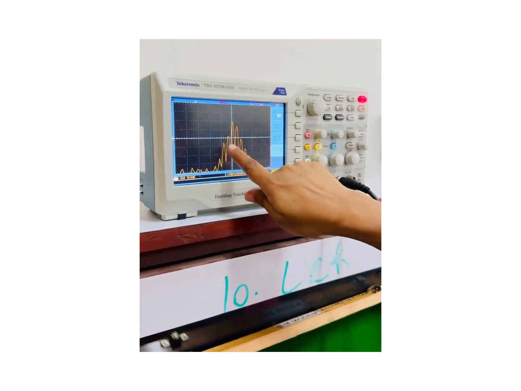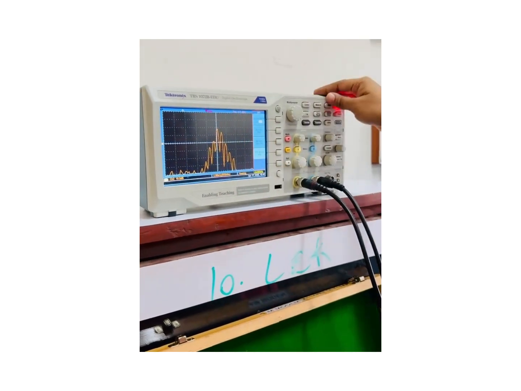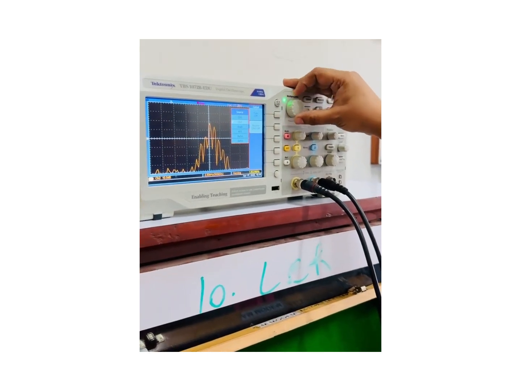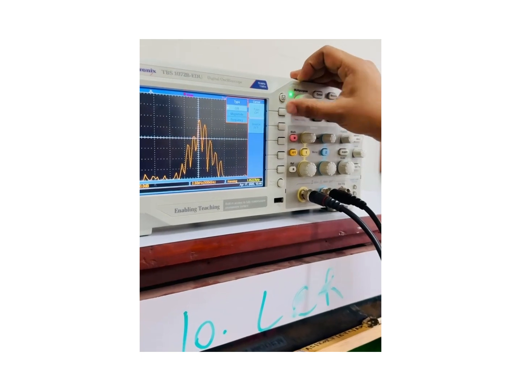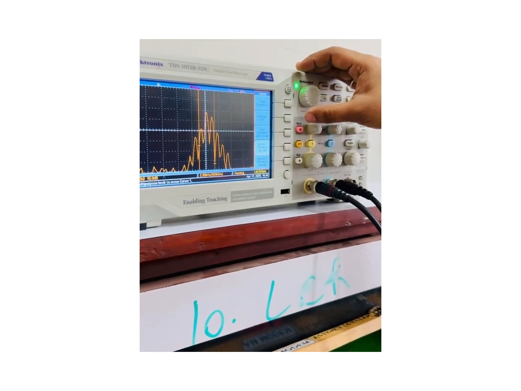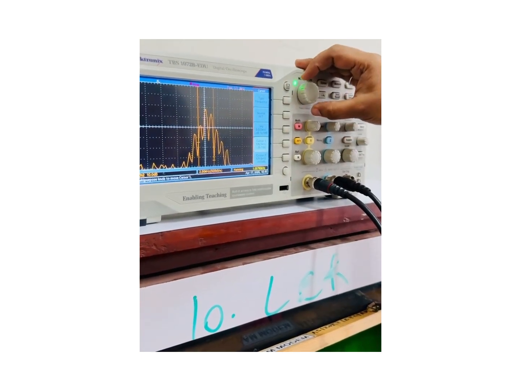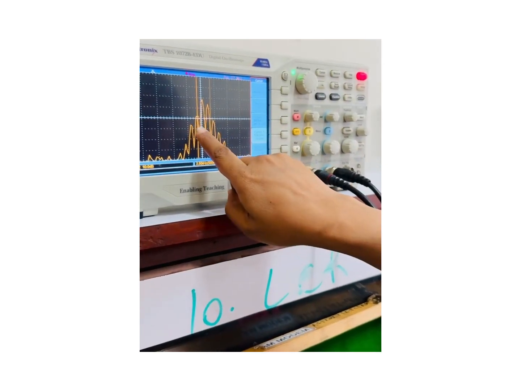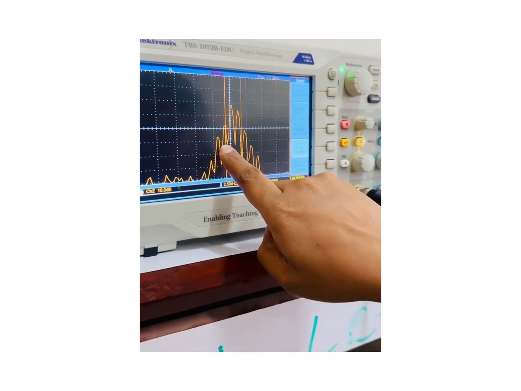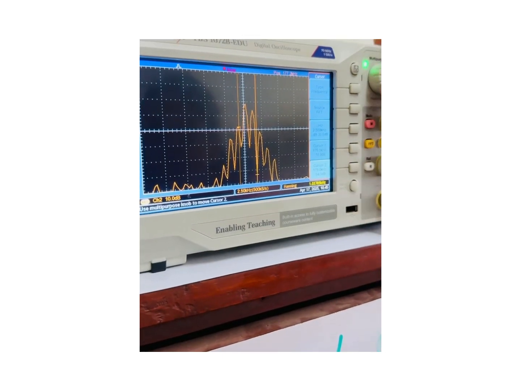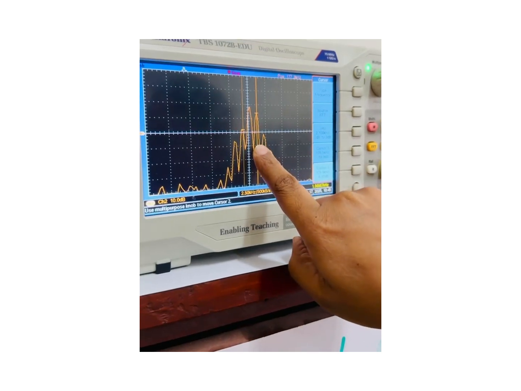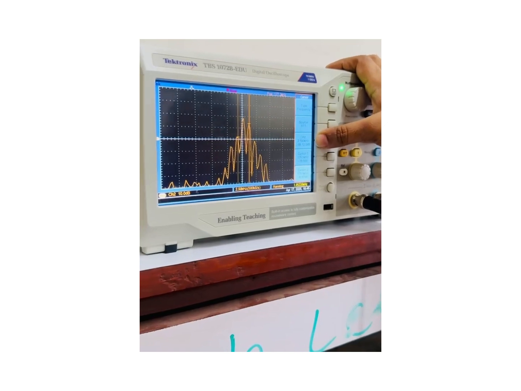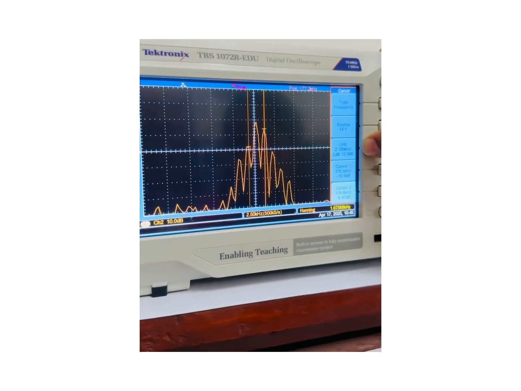Now to measure the bandwidth of this AM modulated spectrum, we have to press Cursor. Then the source should be FFT, and the type should be frequency, because we are going to measure bandwidth. Now the cursors are to be adjusted at the peak of the side lobes. So here I am adjusting cursor 1 at the peak of the lower side band, and cursor 2 is adjusted at the peak of the upper side band. Now the difference between these two side bands is nothing but the bandwidth of the AM modulated signal, which is